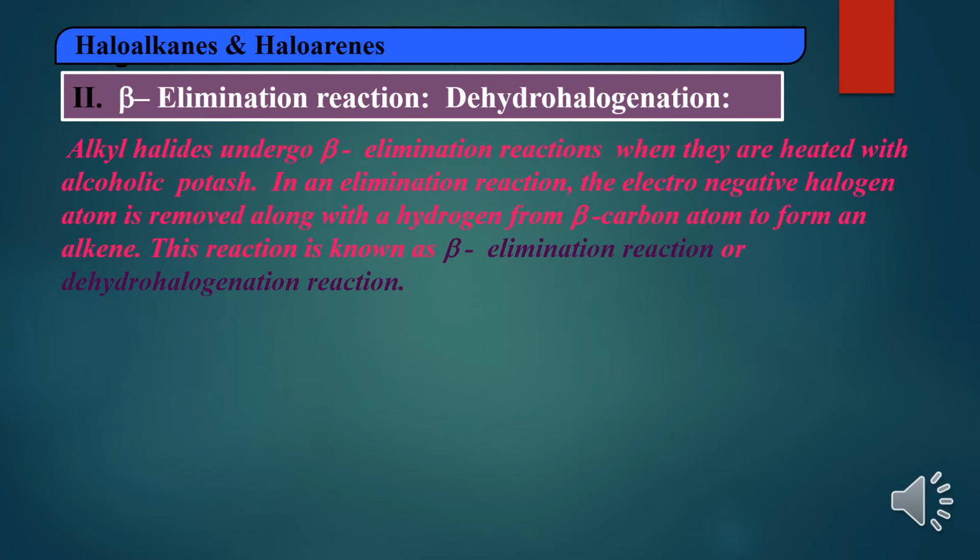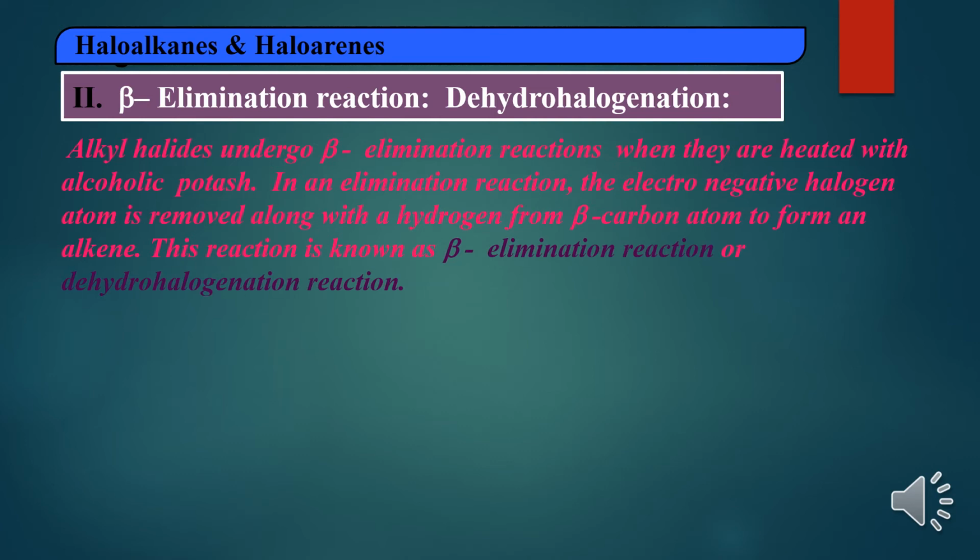So the dehydrohalogenation reaction is important. Which reagent is used? They will ask this as a 1 mark question: which reagent is used in dehydrohalogenation? That is alcoholic potassium hydroxide. What do you mean by dehydrohalogenation? When alkyl halides have beta carbon atoms with hydrogen, the hydrogen will be eliminated from the beta carbon atom, and from the alpha carbon atom the halogen will be eliminated. So elimination of hydrogen and halogen from alkyl halides is called dehydrohalogenation, and the products obtained are alkenes.